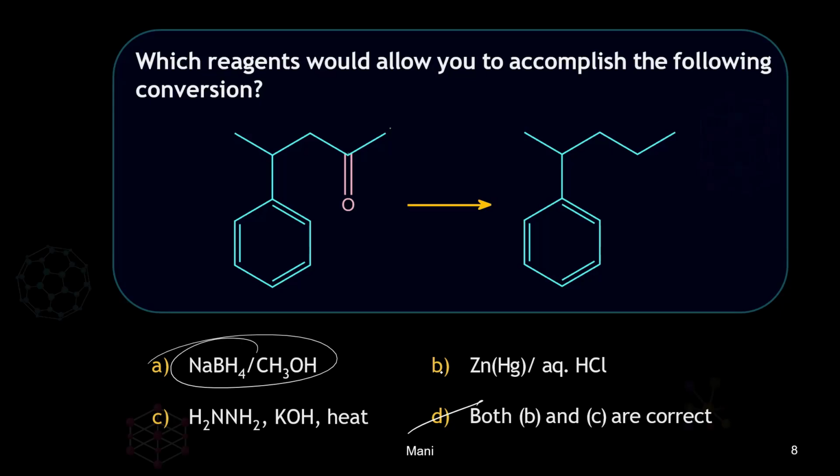So both zinc amalgam and NH2NH2 will give the alkanes, right? So the option is D. Whereas this option will give alcohols. Okay, so the carbonyl compound will convert into the alcohols. So tell me,